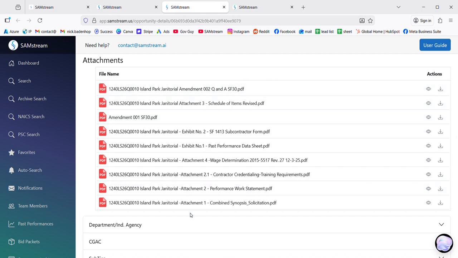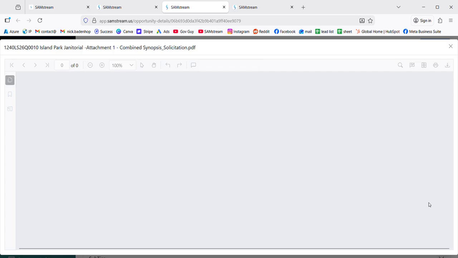Now, once again, the difference between us and sam.gov is, on sam.gov, any of these attachments that you want to look at, you have to download every single one of them and open them on your computer to be able to view them. What we've done is you can still download these documents if you want, or you can go straight into our viewer and view any of these documents straight from our server. So what we've done is we've saved all these documents so that you can come through here, you can take a look,